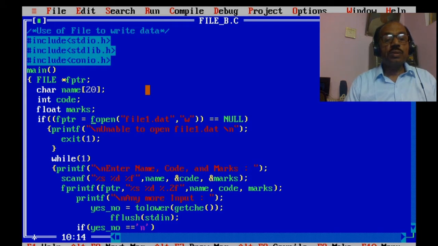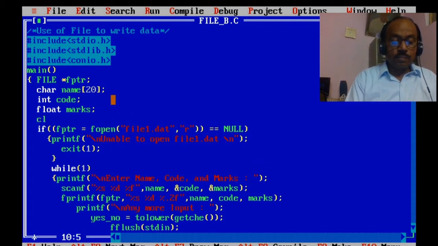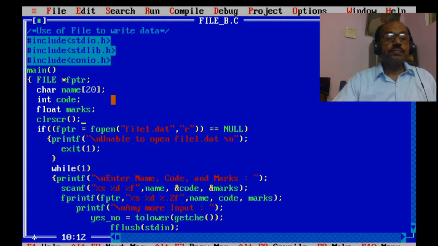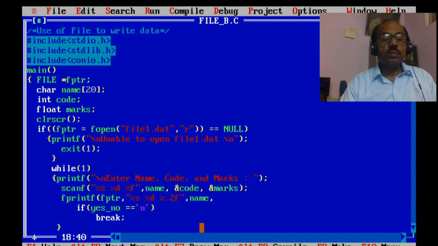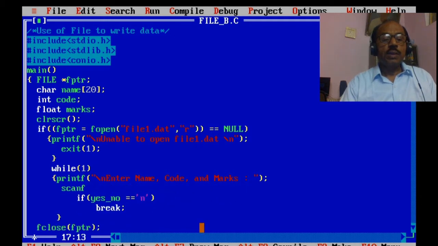Number 2, here we will write the mode as reading mode, and for reading mode we place r, and these are not required. So we are going to truncate all this, and